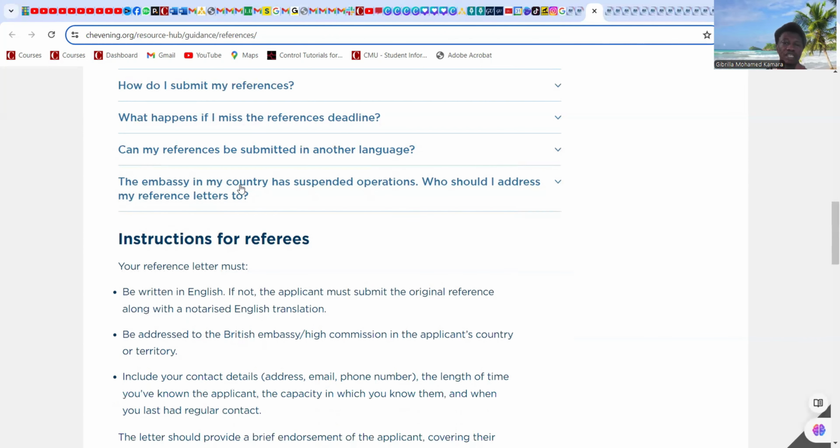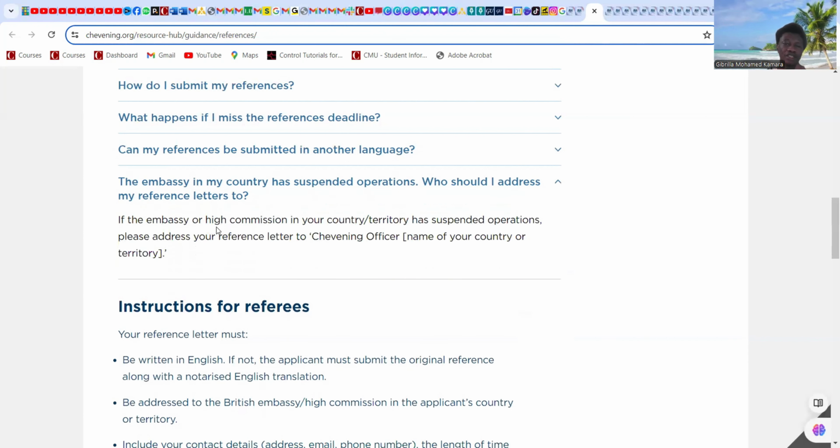The next one says, the embassy in my country has suspended operation. Who should I address my reference letters to? If the embassy or high commission in your country or territory has suspended operation, please address your reference letters to Chevening Officer, name of your country or territory. Okay, so this is key. So meaning that the references are going to be addressed to the High Commission in your country. Okay,